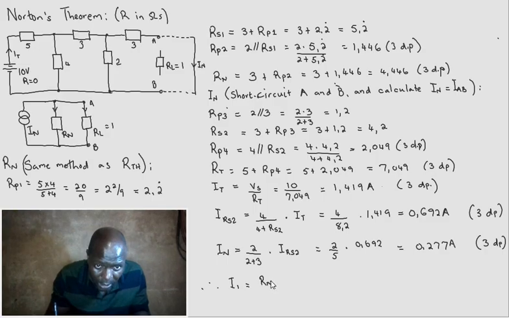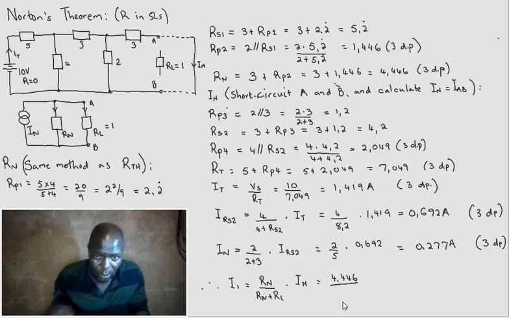R Norton, the incoming current is I Norton, R Norton over R Norton plus RL times the Norton current, which makes our life easy. This is going to be R Norton is 4,446 rounded off, divided by, these are rounded off figures, so I have to go to the stores, divided by 4,446 plus 1